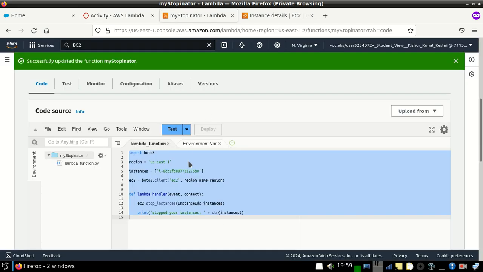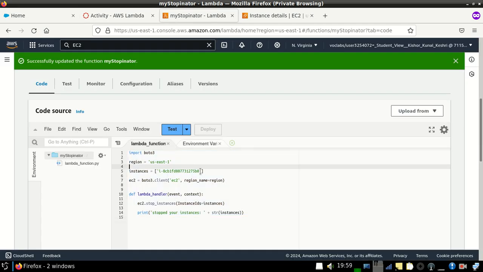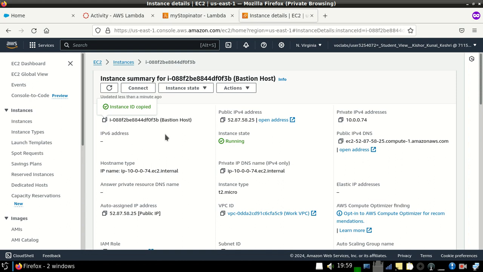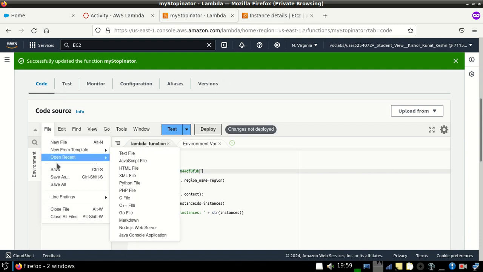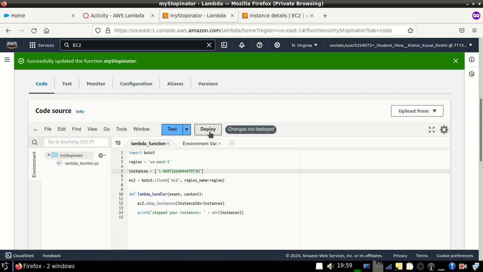Try to stop another instance. I'm just trying only, and you only need to copy the Boston instance ID and paste here. Okay, now I paste here, and you need to first save it, then deploy.